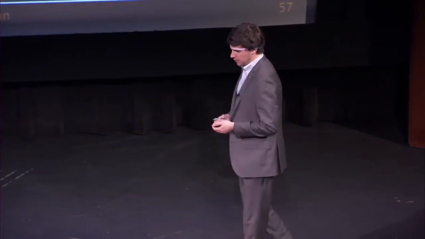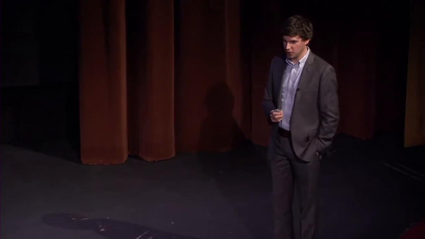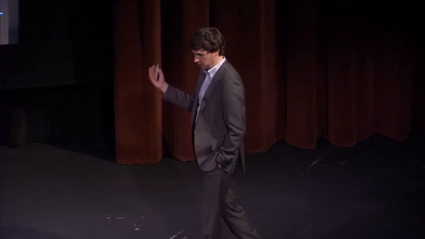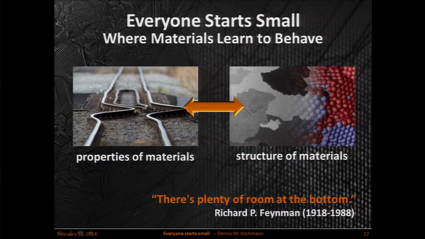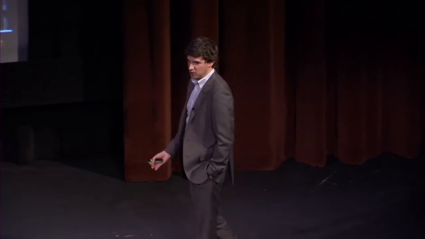And Richard Feynman was a famous Celtic physicist. He had a talk at an APS meeting in December of '59, more than 50 years ago, on December 29th. I'm still amazed there were APS meetings on December 29th, but apparently that was the case. And he gave this famous talk called "There's Plenty of Room at the Bottom," where he basically wanted to say we have to go to the small scales and make things smaller because this is what will drive discovery and will push the frontiers of science and technology. Now, we're more than 50 years away from this, but still there's apparently plenty of room at the bottom. There's plenty of room in the middle. There's plenty of room everywhere. There's much that can be done.